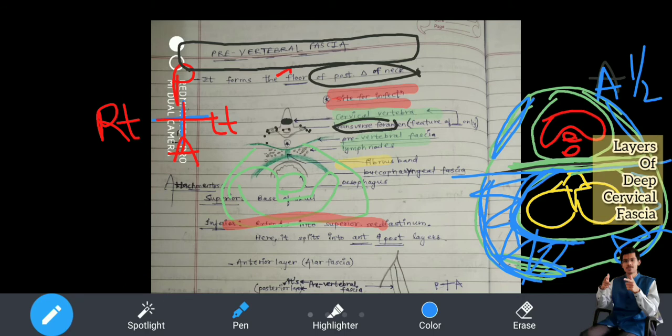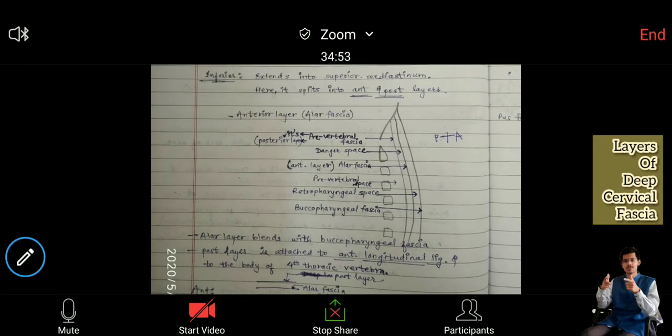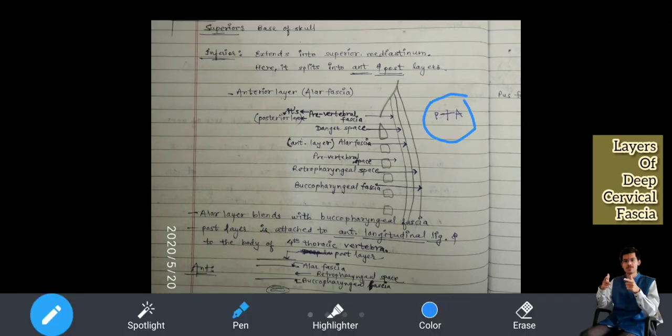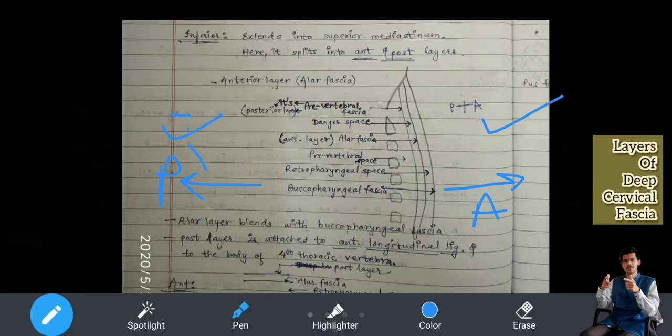Now we will see the layer distribution. I'll erase everything. See, this is another diagram to explain the layers. As I've shown here, this is the anterior aspect and this is the posterior aspect. If you take a sagittal section and view this person from your right, this is the posterior and this is the anterior. In detail, this is the vertebral column. The rectangular boxes I have shown are the cervical vertebrae.